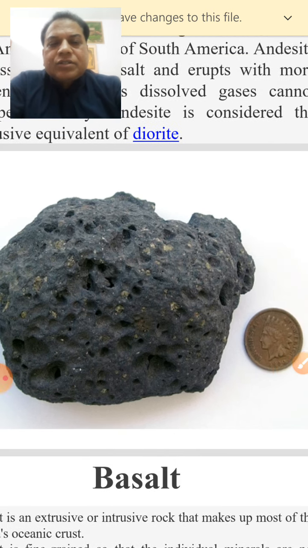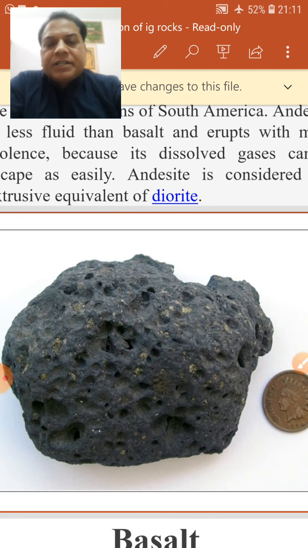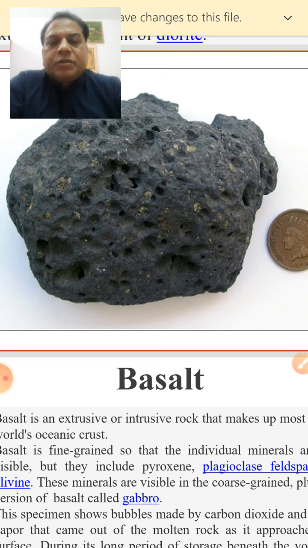This is a vesicular basalt. The number of vesicles are present. If these vesicles get filled with secondary minerals, it will be called amygdaloidal basalt. Now in volcanic rocks, what happens? The gases escape to the atmosphere and cavities are formed, or you can say empty or void spaces are formed, and these are called the vesicles. So generally the basalts which are vesicular get filled with the secondary minerals, and that will be called the